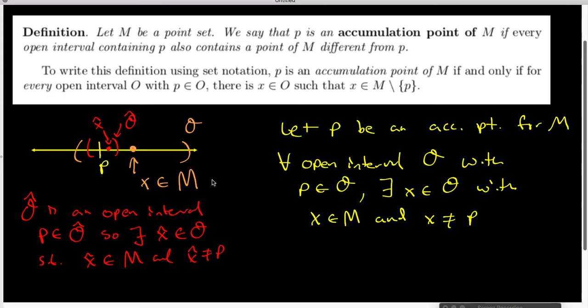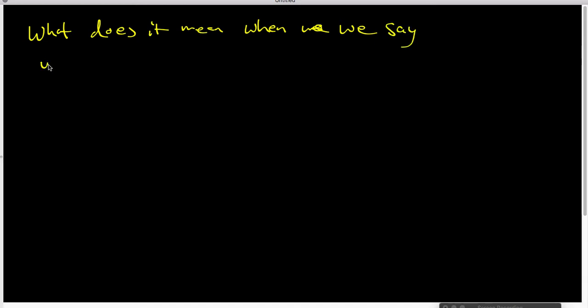But it's also important when we have a nasty definition like this that we understand what it means if something is not satisfying that definition. So what I want to do right now is I want to turn my attention to the flip side of this. What does it mean when we say that the point Y is not an accumulation point